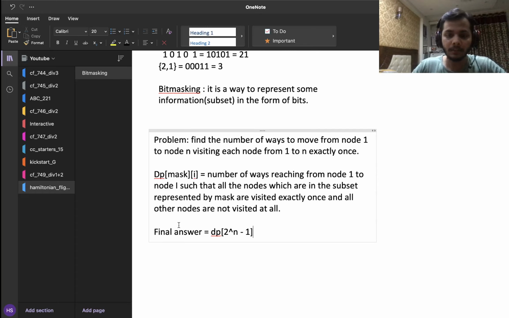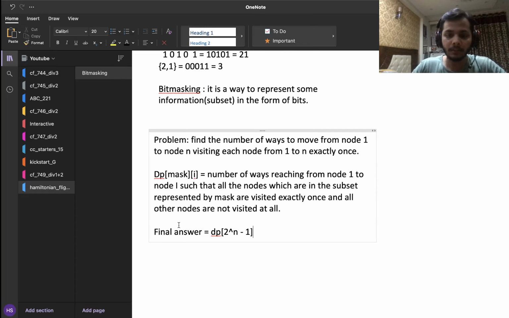Then dp of mask I would be 1 when mask is 1, because the only city which I have visited should be just the city 1, because I have to visit every city exactly once, and otherwise it would be 0.